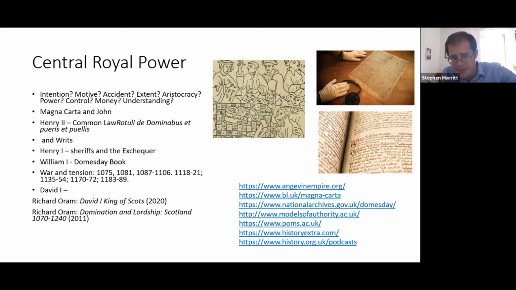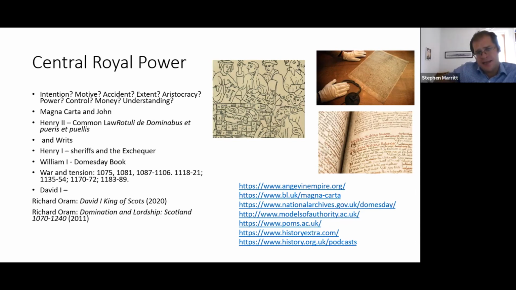But it's important to be aware that Magna Carta comes out of something that John didn't just come up with. There has been conflict and negotiation between the king and his aristocracy ever since William the Conqueror came to England in 1066. There's constant jockeying for who should have independence, how much authority this king should have over me. So Domesday Book comes out of that process. The Exchequer comes out of that process. The common law comes out of that process. The role of ladies and boys and widows comes out of that process.